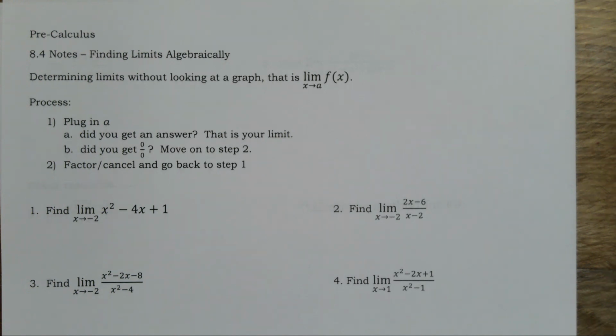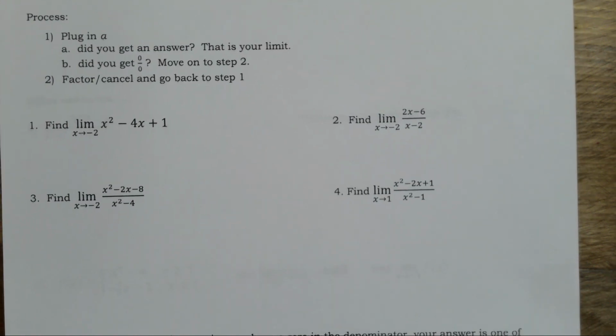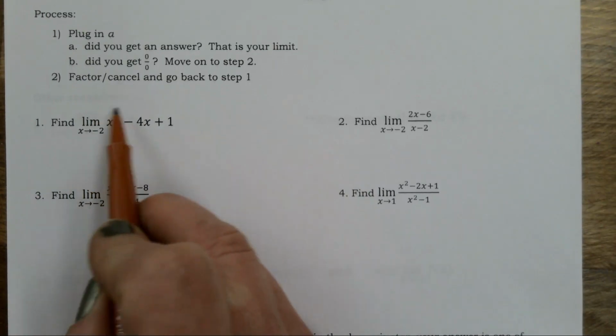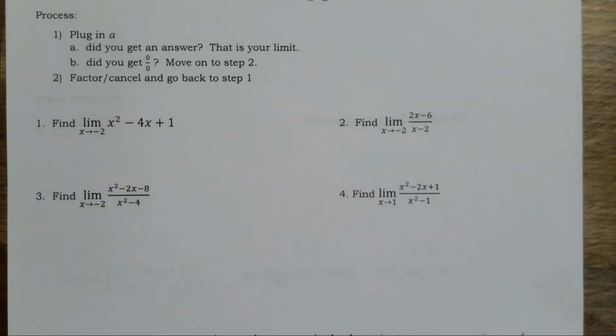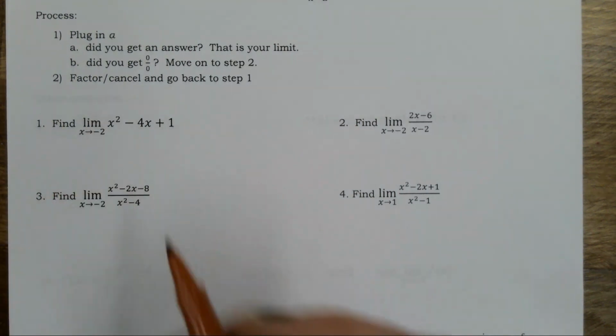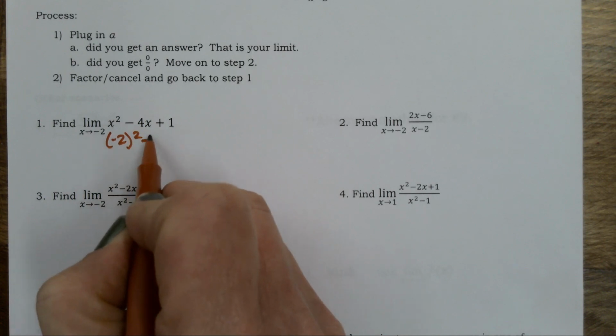So, what is the limit as x approaches -2 on this function? This is not top heavy or bottom heavy or neutral. This is not a shortcut because this is not approaching infinity. Those shortcuts only work for infinity. And we have to have those for infinity because there's no way we can plug it in. We don't have the capability in our calculators to plug in infinity because we can't even get there. So we have to have some other method to do that. Not for this. All I have to do is plug that in